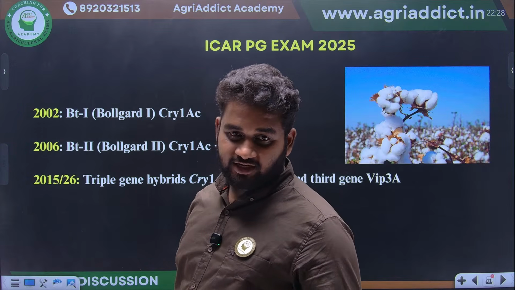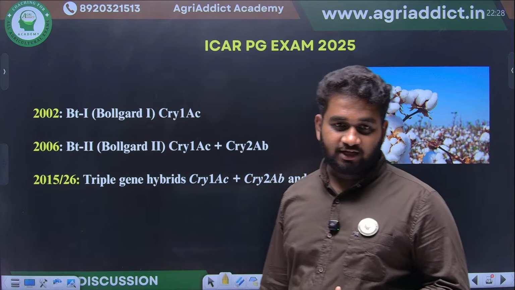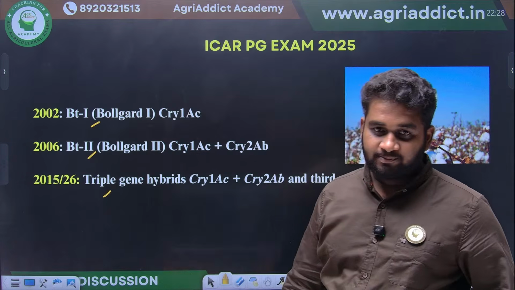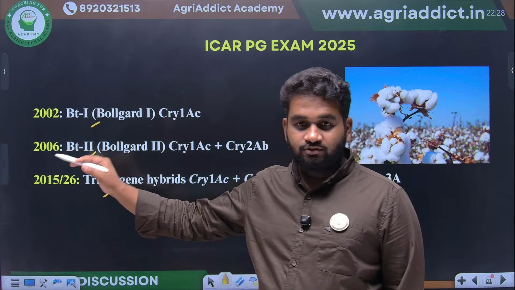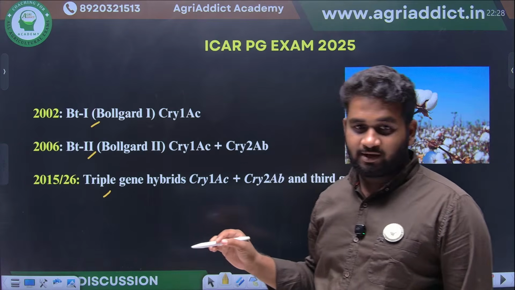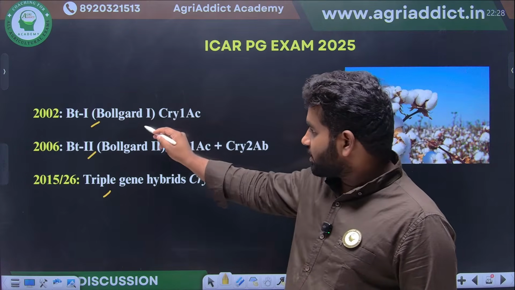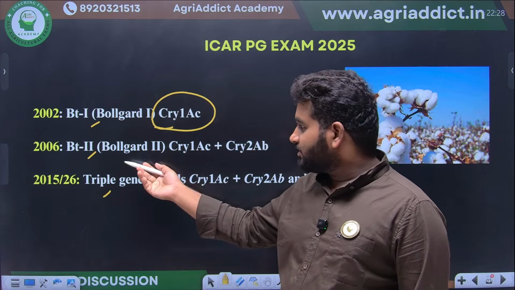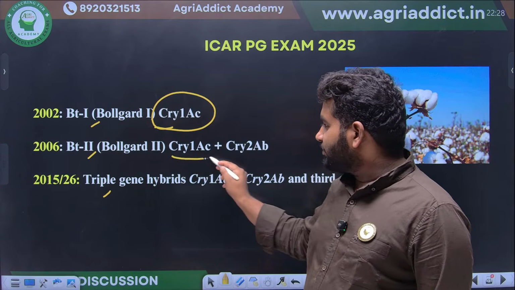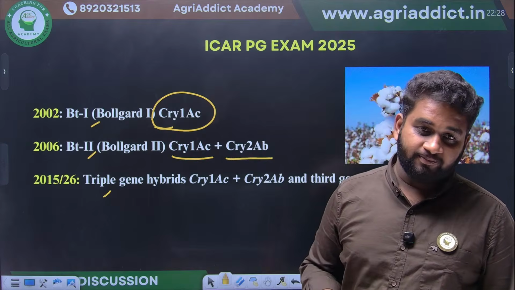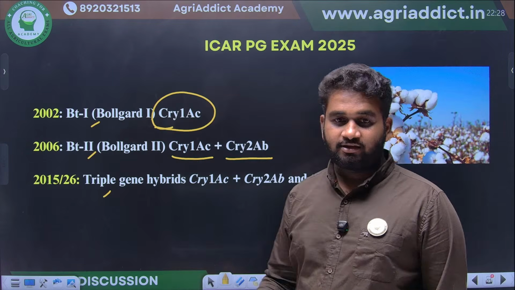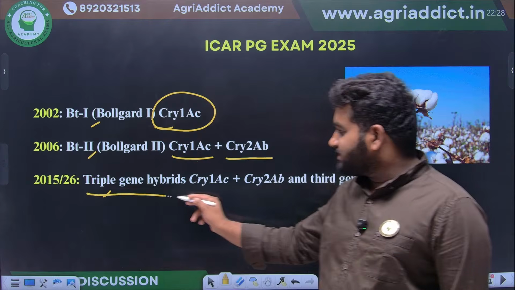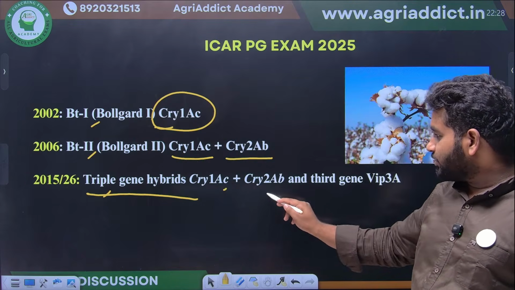So there are three different generations of your BT cotton, that is BT1, BT2 and triple gene hybrids. In 2002 the event was released for commercial cultivation in India, that is Bollgard 1, only with the Cry1Ac gene. In BT cotton Bollgard 2, there is Cry1Ac with Cry2Ab. Now, recently, in the last 5-6 years, the triple gene hybrids: Cry1Ac, Cry2Ab and